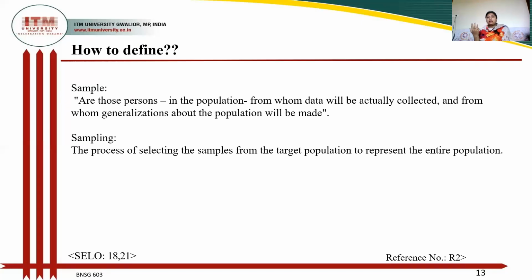उस नर्सेस में हम लोग ओनली ग्वालियर का नर्सेस ले रहे हैं, तो ग्वालियर का नर्सेस बन गए हमारे एक्सेसिबल पॉपुलेशन। तो ग्वालियर के नर्सेस में हम कहाँ पे एक्सेस करने वाले हैं, चाहे वो नजदीक की जो हॉस्पिटल्स हैं वो कर रहे हैं, तो नजदीक का हॉस्पिटल कौन सा होगा, अपना आईटीएम हॉस्पिटल होगा, तो आईटीएम हॉस्पिटल बन गया हमारा टारगेट पॉपुलेशन। आईटीएम हॉस्पिटल में बहुत सारे नर्सेस हैं, करीबन 100 नर्सेस होंगे मान लो। सो 100 नर्सेस में हम सबको तो नहीं कर रहे हैं, कुछ ही लोगों के ऊपर कर रहे हैं, वो बन जाता है हमारा सैंपल। और वो सैंपल को सेलेक्ट करने का जो प्रक्रिया है वो बनता है हमारा सैंपलिंग।